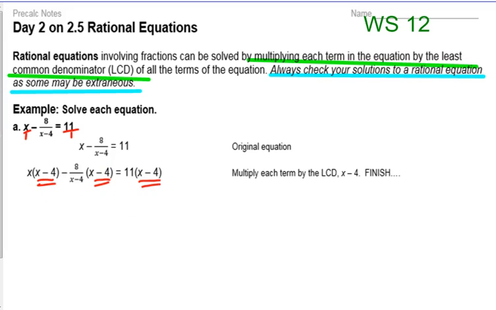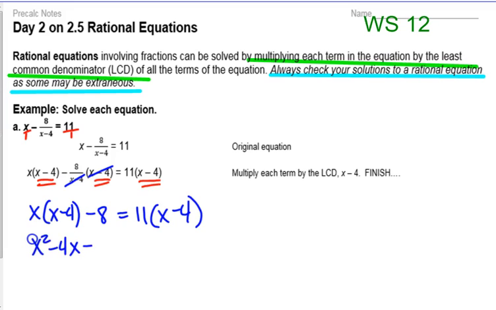And the whole point of that was this middle term here, this x minus 4 will cancel. So we end up with an x times x minus 4 minus an 8 equals 11 times an x minus 4. We're going to go ahead and distribute. And because it's a quadratic, we need to make it equal to 0. So if we subtract 11x, negative 15x, add 44,